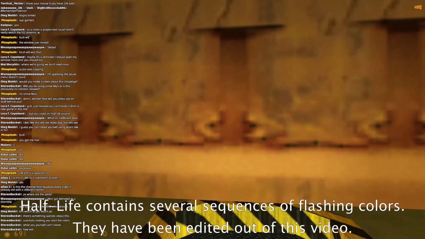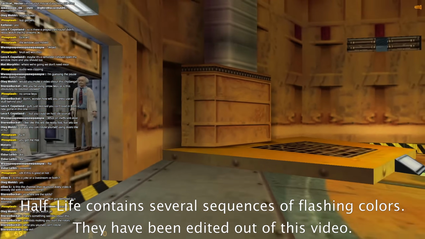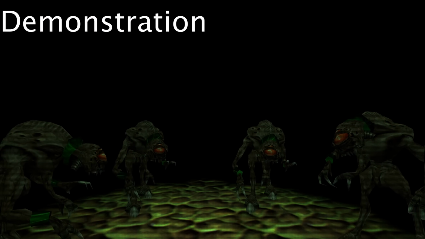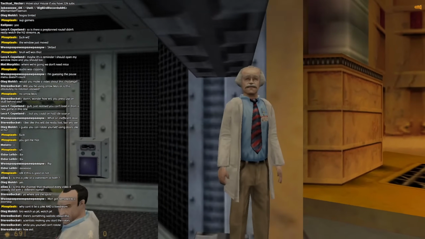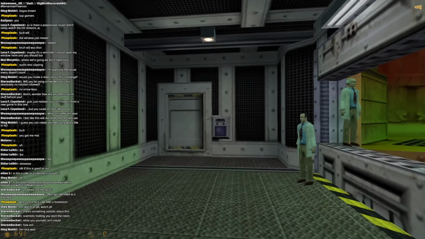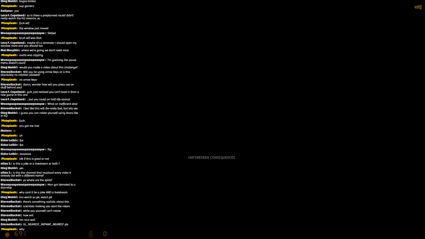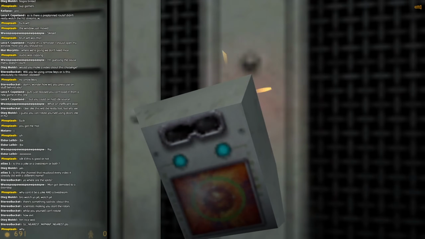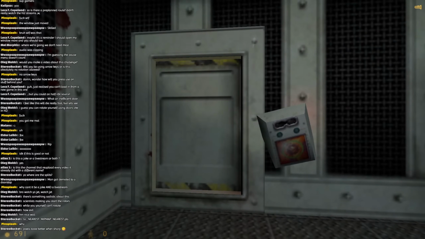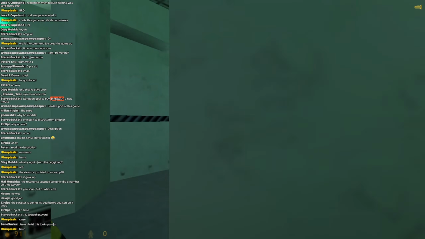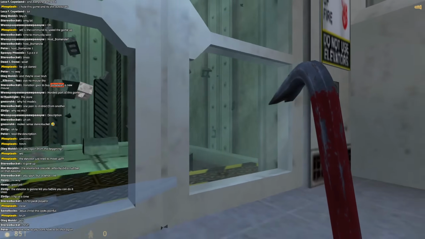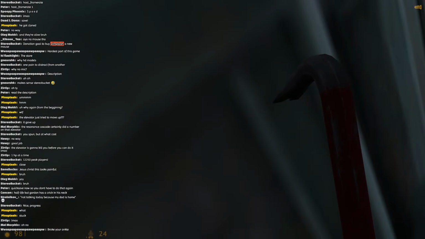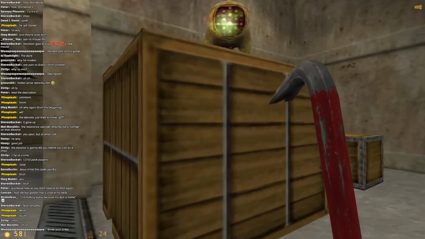Now I have to avoid being teleported. When I get teleported, it changes my angle as well, and I don't want that. So I'm going to go and stand in this room. When you're in this room, you just are not teleported. So now I have my original angle, which means that I can use the eye scanner, which leads to the door opening. So now we do some more elevator shenanigans, which will allow us to hit this glass with the crowbar.